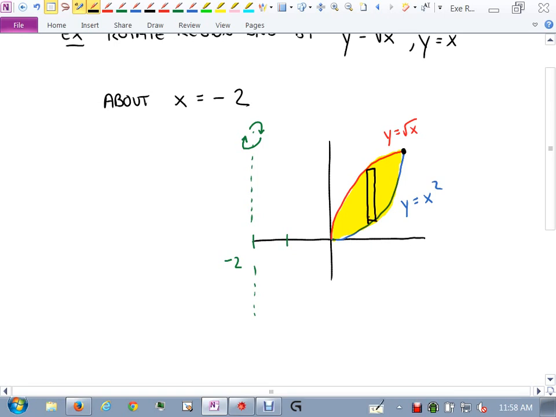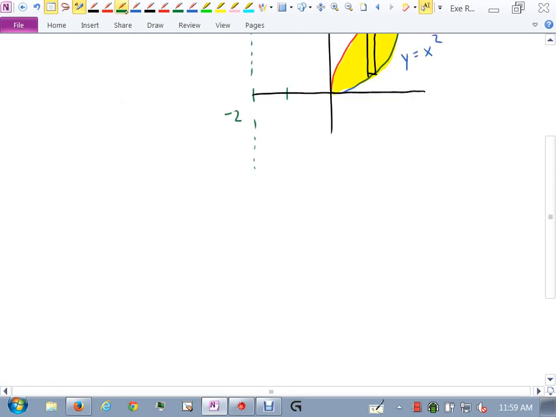And then we're going to wrap it around this way. Now, you know how in the other problems I like to draw a separate picture that shows my axis of rotation and everything? I'm going to do the same thing here. I hope you will appreciate why in a second. I'll do it right below. Here's my y-axis. Here's my rectangle. Here's my top. Here's my bottom. That's the thing that's going to get wrapped around this dotted line, right? The top and the bottom are pretty clear, aren't they? Yes? The top function is square root of x. The bottom function